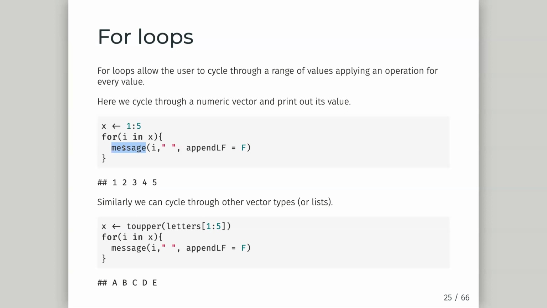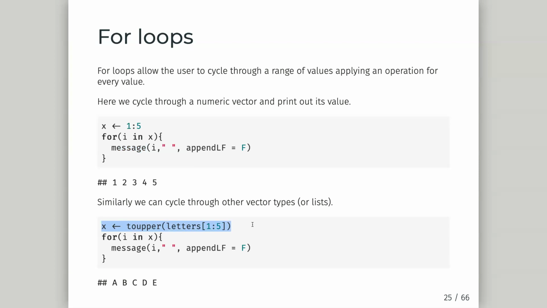We can loop through anything which has an order and a length, or even doesn't need much of a length. It can just be 1. But anything with an order, we can loop through. So we can loop through vectors or lists or factors even. So here I'm now going to create,